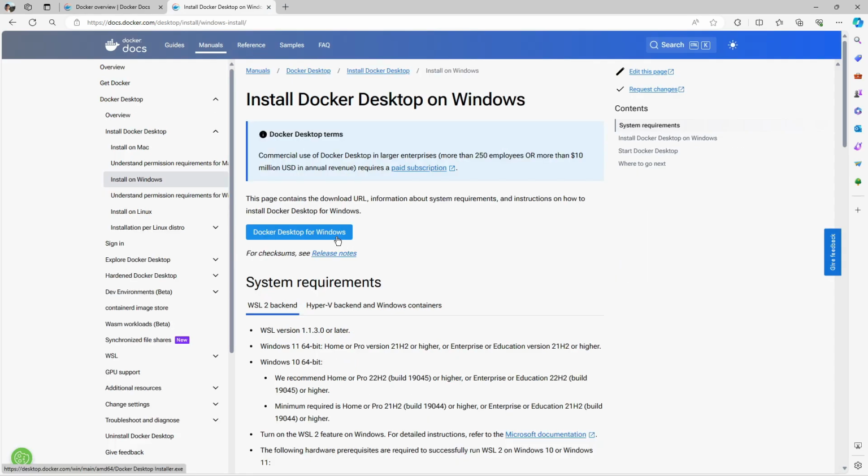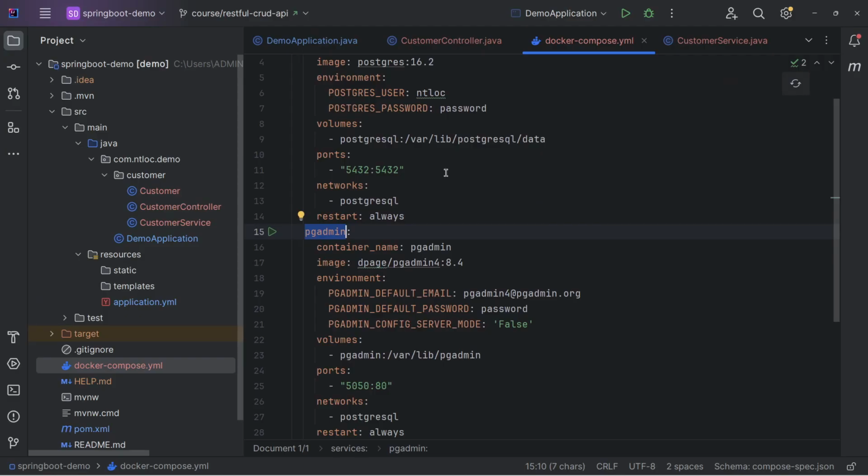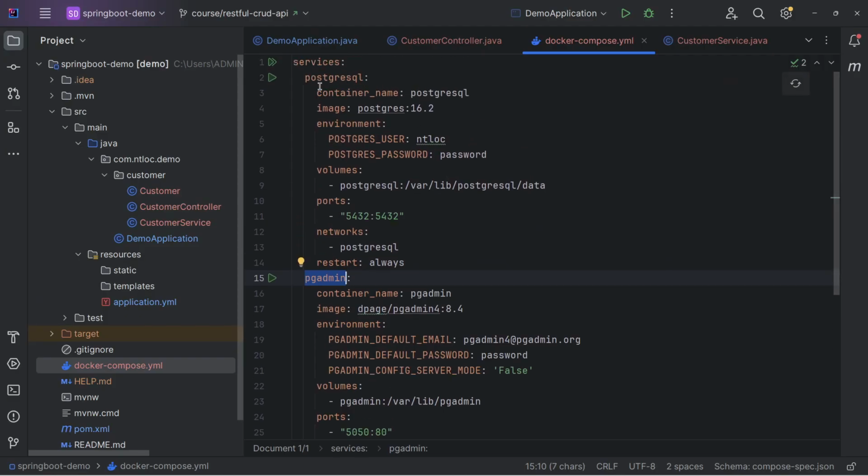For now, go back to IntelliJ. In the Postgres service in here, I have the container name Postgres, the image is Postgres, and the version of it is 16.2. I have two environment variables in here. The first one is user and the second one is password.